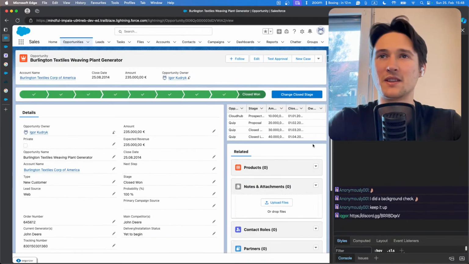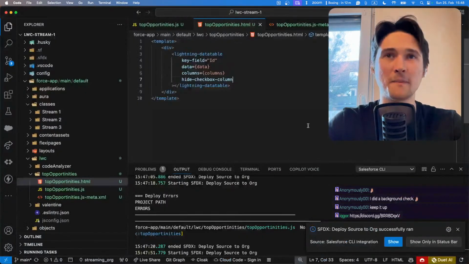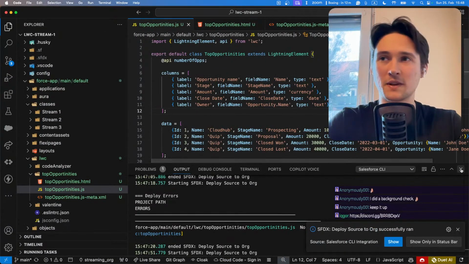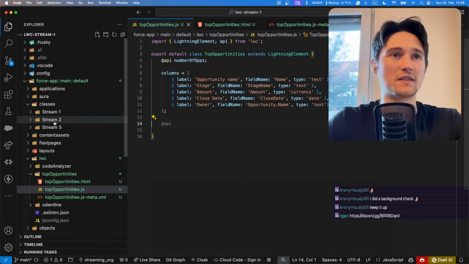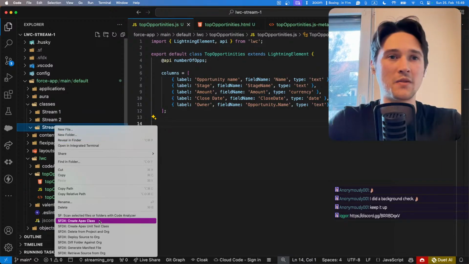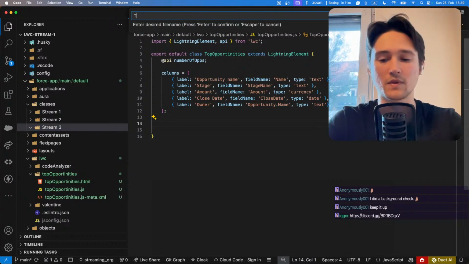And let's make here inspection. All right, seems to be that we have some data here, but we don't really have an owner, and that's fine, because of course we're not gonna just hard code this data. Let's not do this thing. Let's create here a new Apex class, and let's call it top opportunities